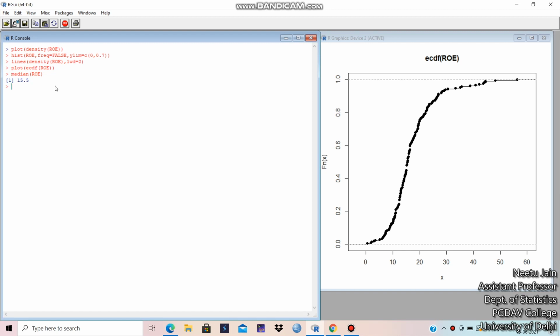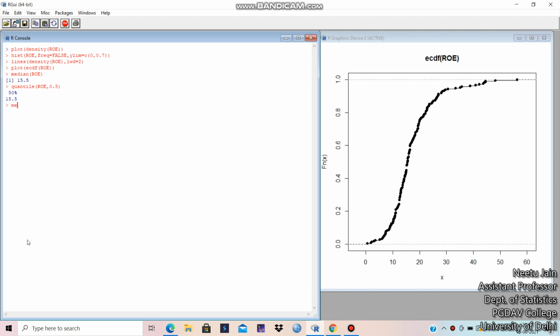See, this is 15.5, which is actually visible from this plot. We can see the quantiles also. The second quantile, at 0.5, gives you 15.5 at 50%. So this is the median.